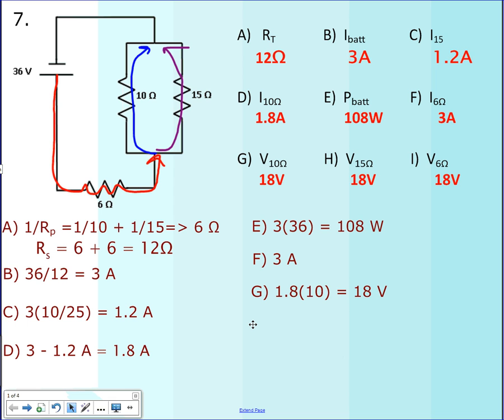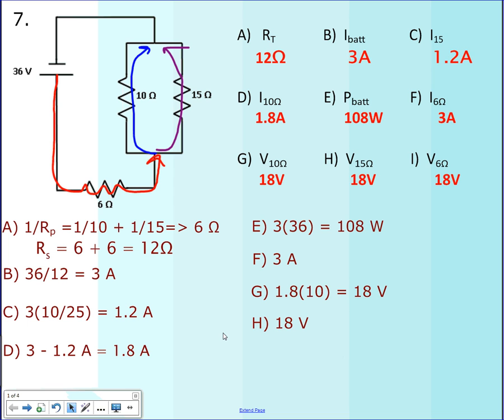So moving on, like I said, the voltage drop down the one pathway is equal to the other. So you immediately know that the voltage drop down the purple pathway, or through that 15 ohm resistor, is going to be equal to that 18. And for the last part of number 7, the voltage drop of the 6 ohm, well, you could do that